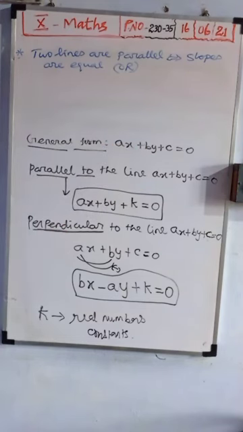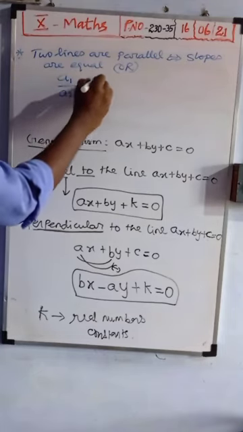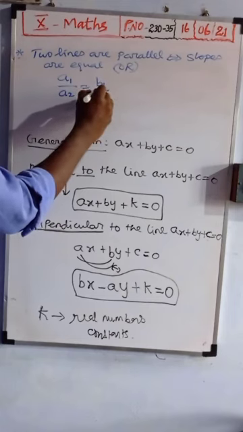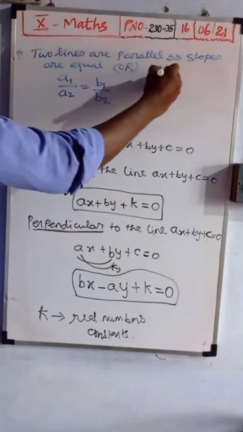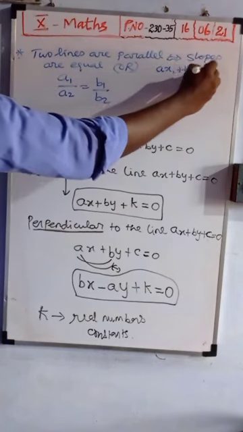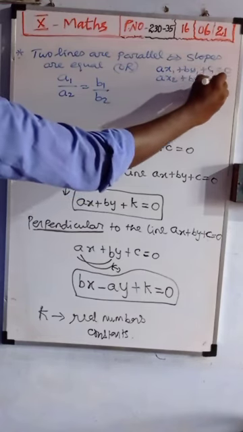Okay, so two straight lines are given. Using these, to find whether the lines are parallel or not, one way is to find the slopes; if the slopes are equal, the lines are parallel. Or else you want to compare the coefficients. What are the coefficients? The x coefficients: a1 divided by a2 is equal to b1 divided by b2. So for two straight lines a1x plus b1y plus c1 is equal to 0, a2x plus b2y plus c2 is equal to 0.